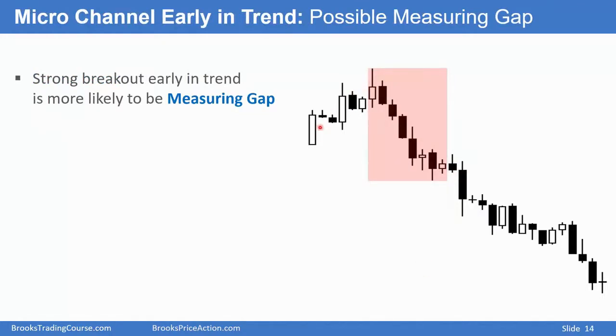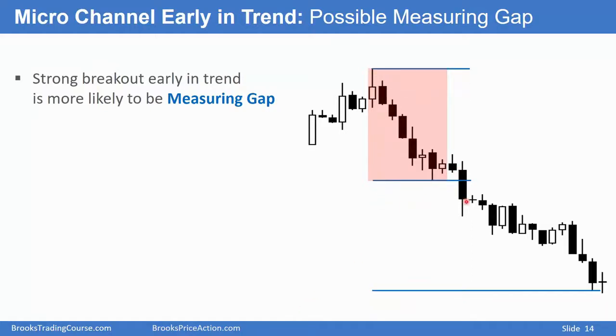We have a bull trend, a wedge bull trend. Bull bar, bear, bull, bear, bull, bear. So 3 pushes up, 3 reversals down. And then we have 4 consecutive bear bars closing on their lows with decent sized bear bodies. This is a breakout, and it's early in a trend. It's more likely to lead to a measured move down than it is to be an exhaustion gap followed by a reversal back up.